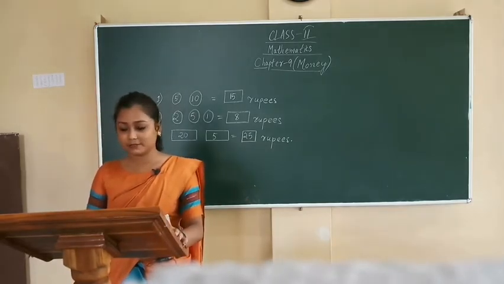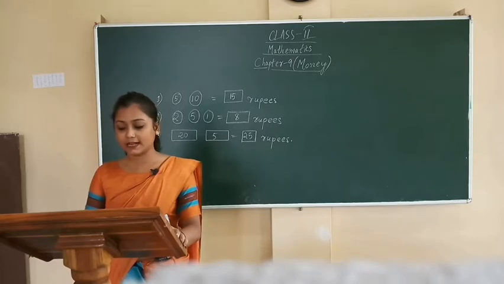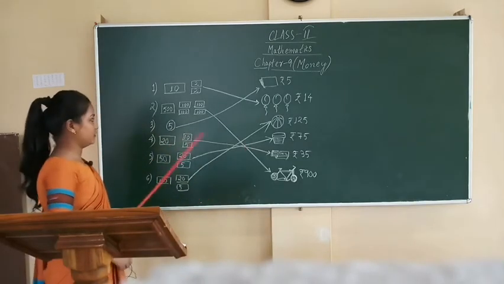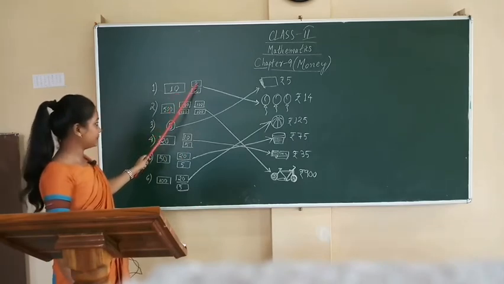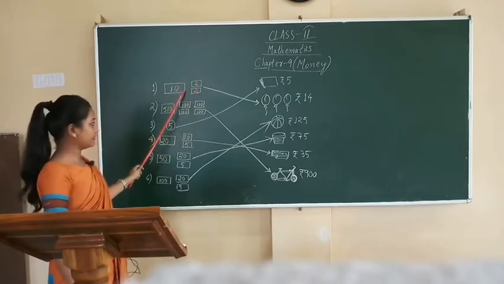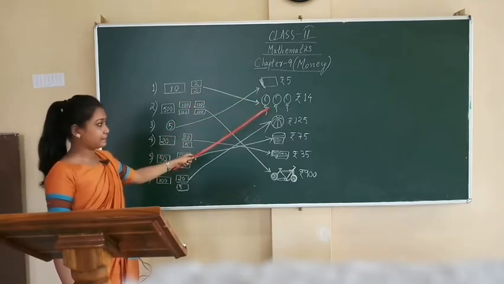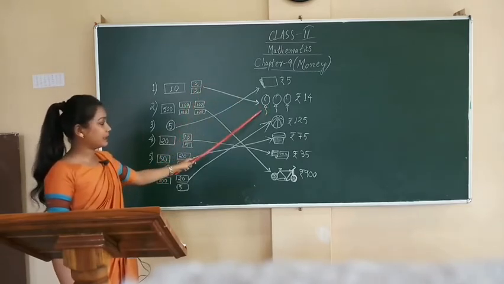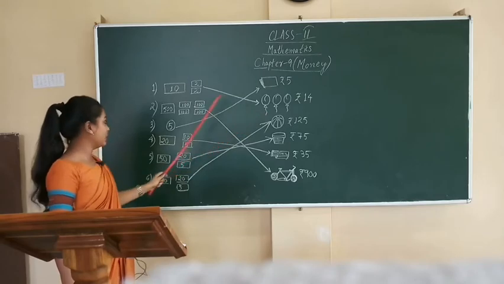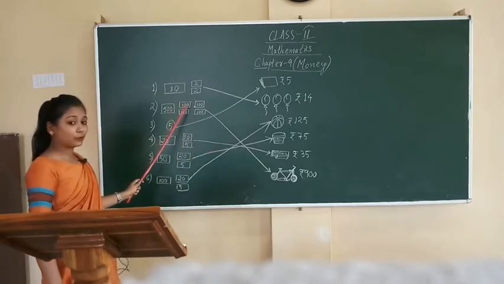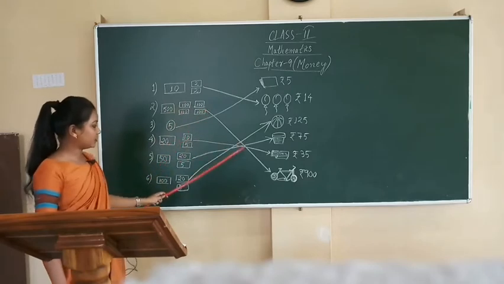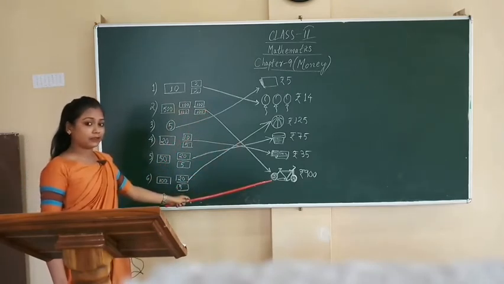Now, let us go to page number 159 and solve the question. The question is as follows. Draw lines to match the correct amount on the left and to the toys on the right costing the same amount. So, now this 10 rupee note, 2 rupees and 2 rupees is equal to 14 rupees. So, we will have to match with the thing on the right side, that is of rupees 14. That means we have to match this with the balloons which is on the right side. Now, 500 and 4 100 is equal to 900. So, this will match with the cycle which is cost of 900.